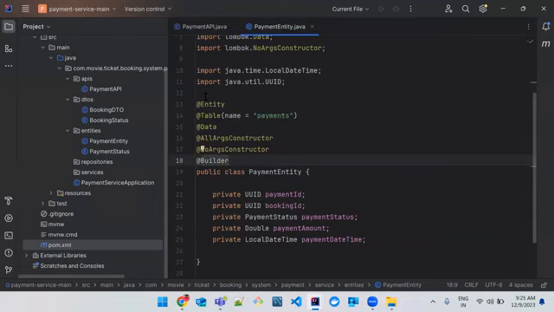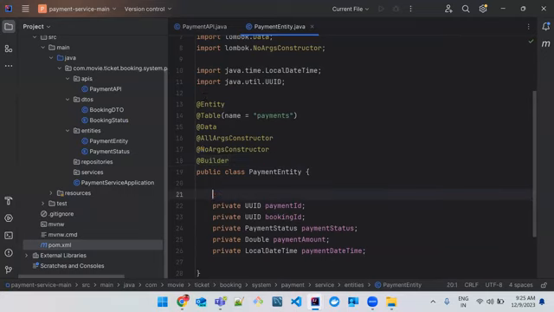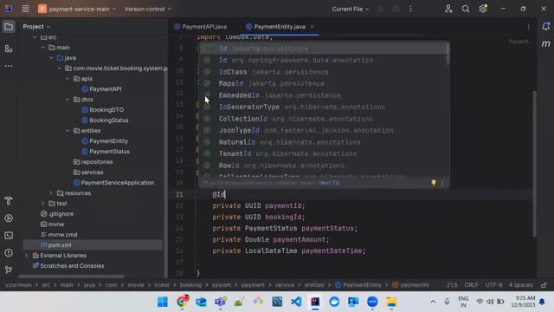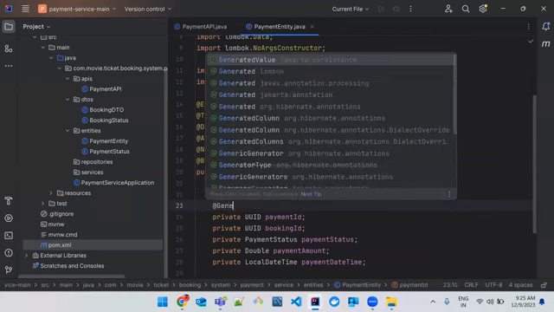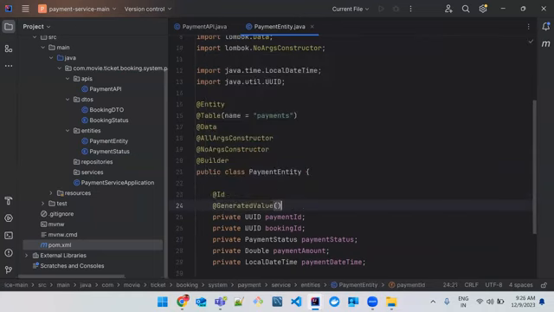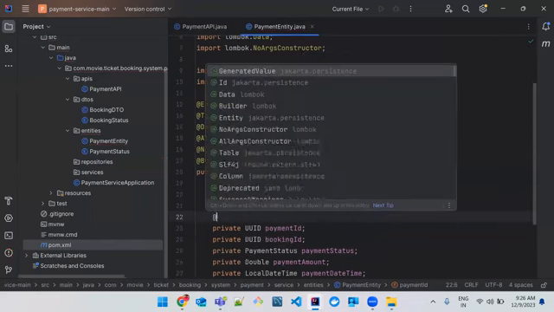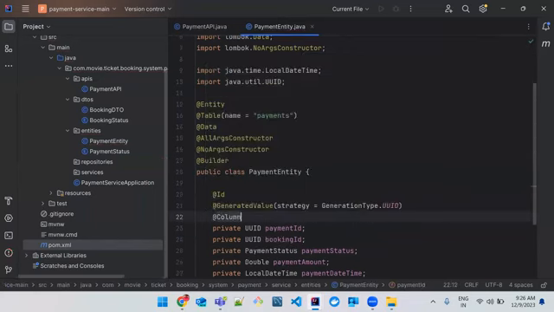And at the rate id to make it as a primary key, at the rate generated value, and use the strategy as UUID, and also give the column name as